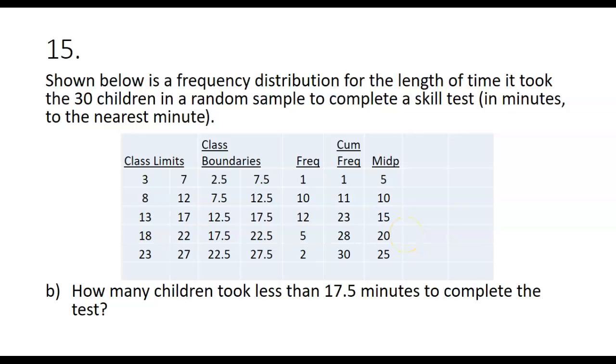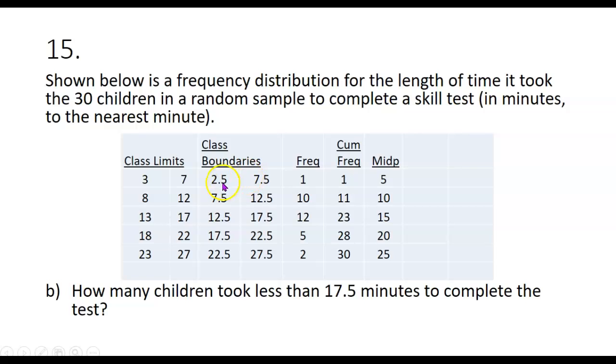B, how many children took less than 17.5 minutes to complete the test? So remember what this is telling us. There was one kid who took somewhere from 3 to 7. Before being rounded off, that would have been somewhere between 2.5 and 7.5, but it would have been less than 7.5. Then there were 10 kids who took less than 12.5, and 12 kids who took somewhere between 12.5 and